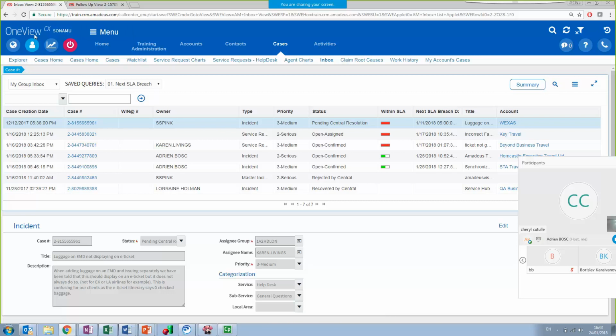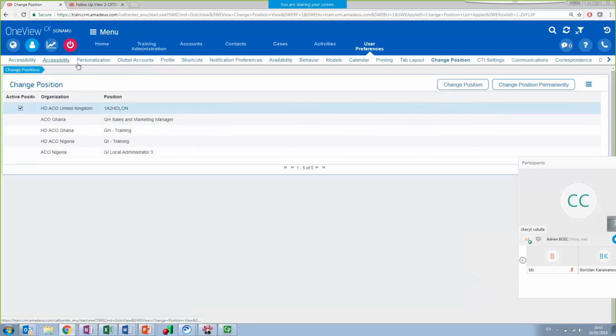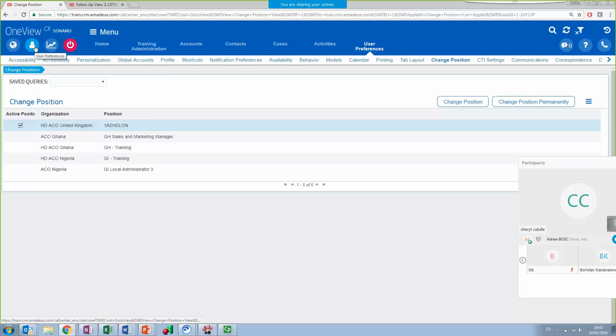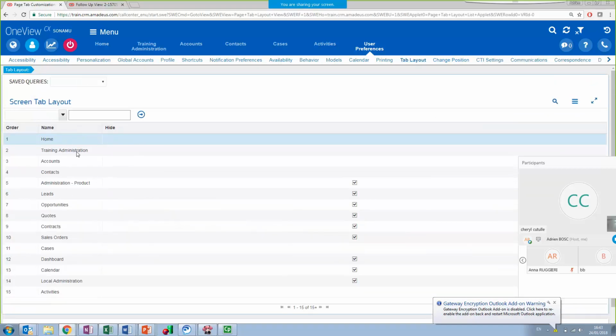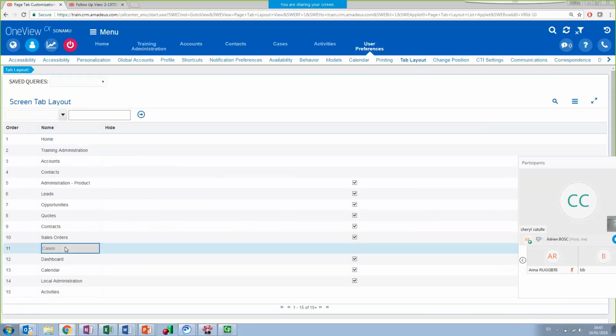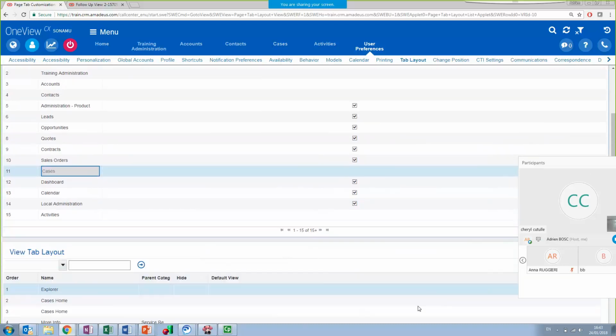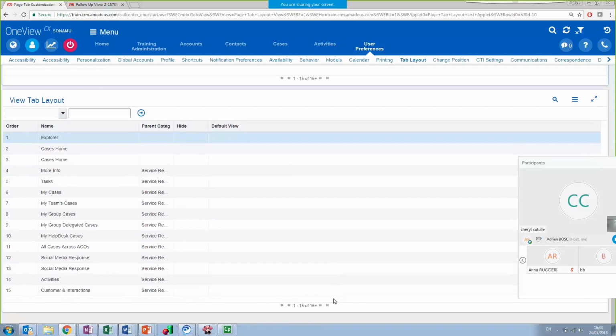It will not impact all help desk agents, but for your ease, when using OneView-CX, you can click on user preference, then click on tab layout, and you can make sure that when you click on cases, automatically you're going to display my group inbox.